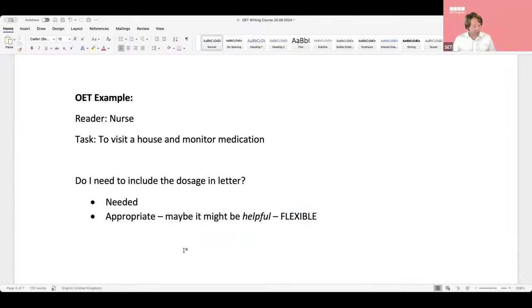Let's do another example, okay? You're writing to an eye specialist now, and the task is to diagnose. Patient has blurry